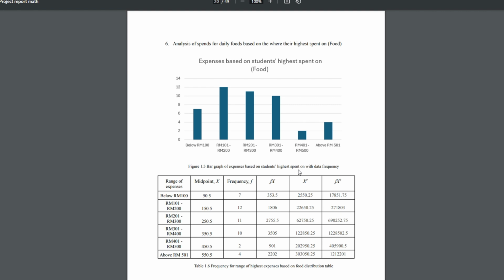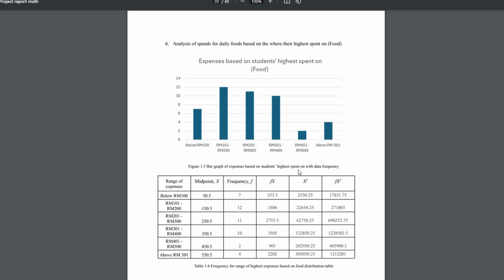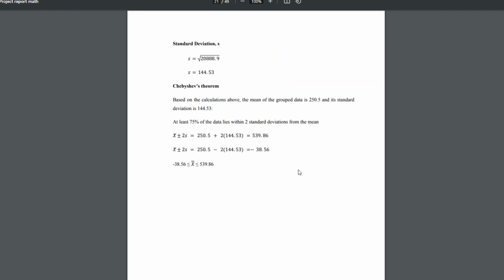So for the next analysis is for the expenses that the students spend the highest on food. So here is the calculations. The average of the students' spend on food is 250 ringgit 50 cents, and the median for this data set is 236 ringgit 86 cents, which falls to the class 201 to 300 ringgit. And we calculate the variance and the standard deviations to check Chebyshev's theorem, which is 75% of the